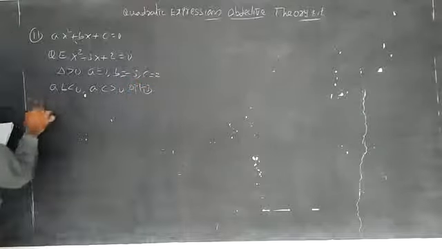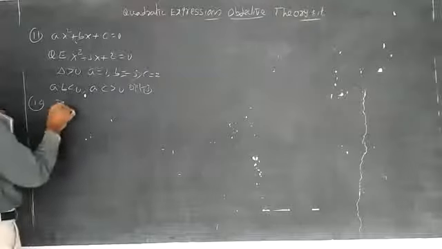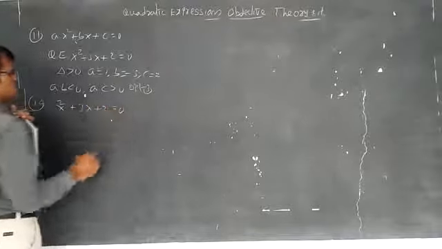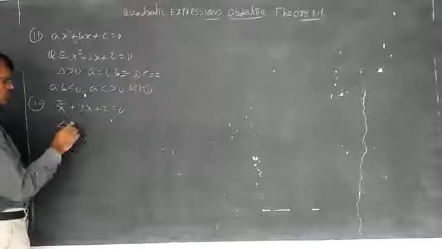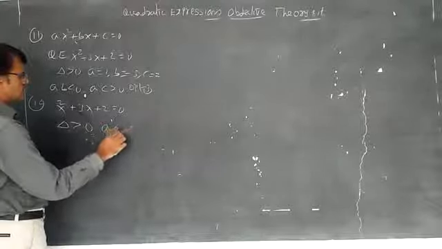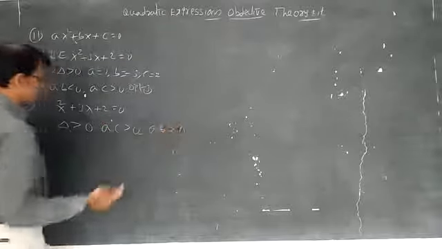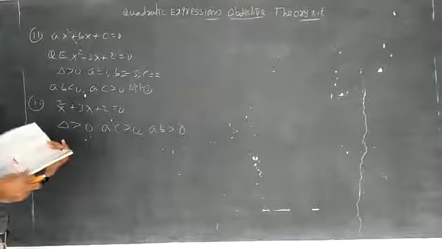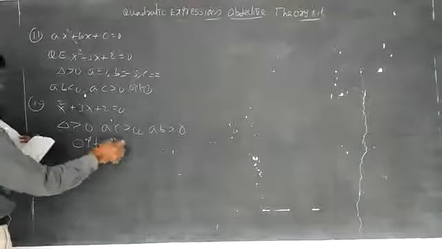That's all. For the 12th question, both roots are negative. Now, I am simply changing this one to x square plus 3x plus 2 equal to 0. Here roots are minus 1 and minus 2. For this one, of course, delta greater than 0 and ac greater than 0 and ab also greater than 0. The a, b, c have the same sign. Option 2. Whenever delta greater than 0, this is the option.